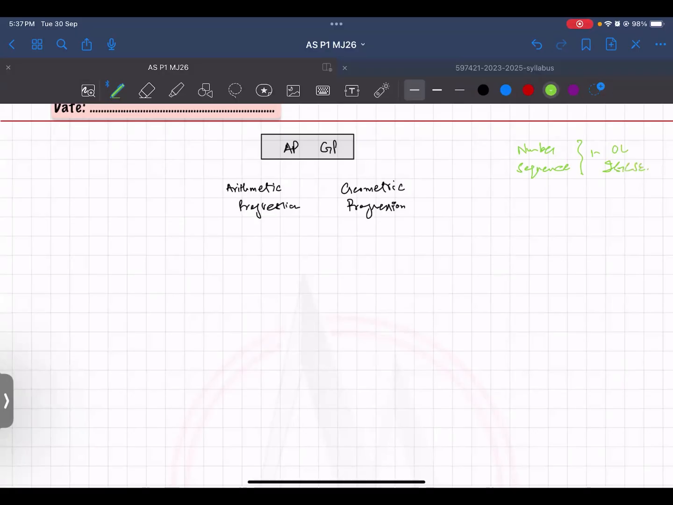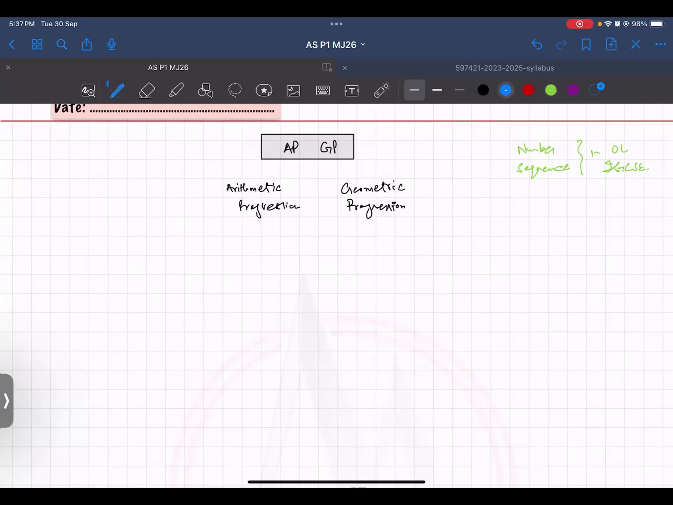What was the number sequence? They used to give you a sequence 2, 4, 6, 8, 10, a pattern that the sequence follows, and then you found the next few terms, and then you found the sum of the first n terms or the nth term formula. So these two are special sequences,